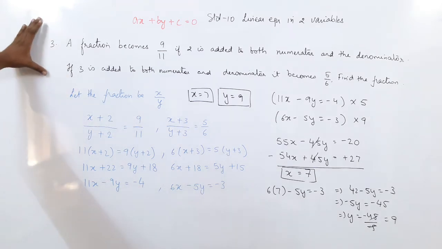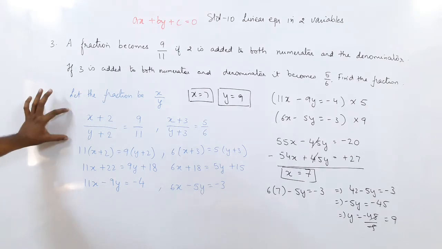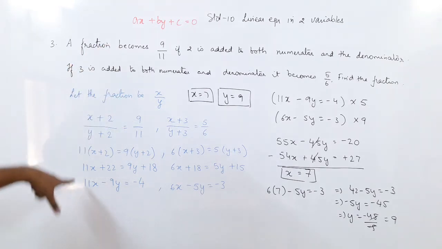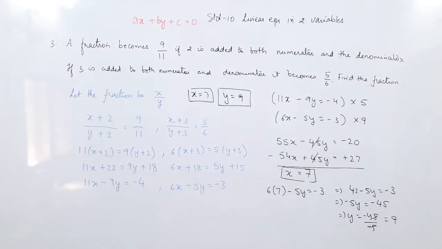So the question, you can see, you have to read the question well. Find out the proper equations. You have to find the relation first. Then find out in the proper form. Here I have used which method? The elimination method, and I have got the answer. So this is the only part here. Sometimes you can use the elimination method, sometimes you can use the substitution method. The choice is with you, but you get the answer on your own. So we'll do one more sum and then we'll end the lecture for today.